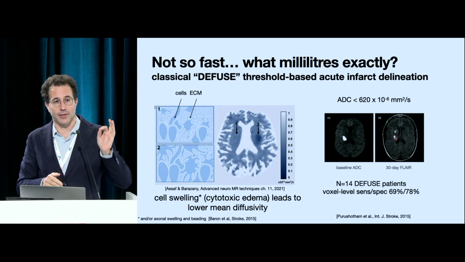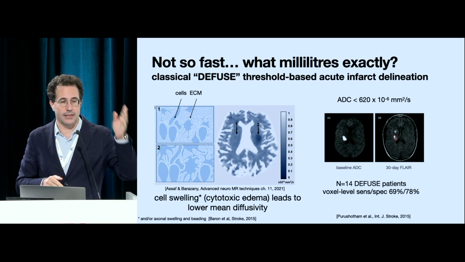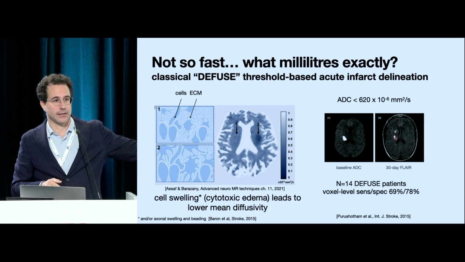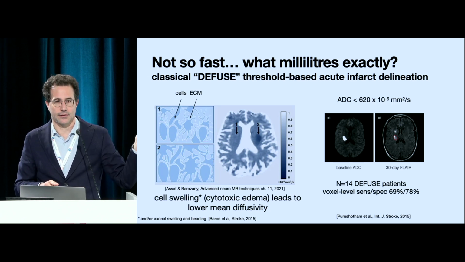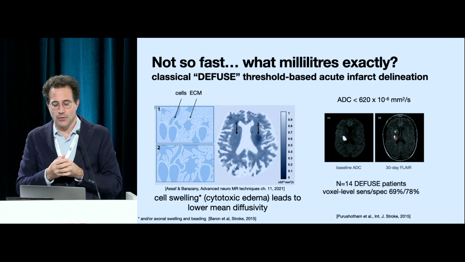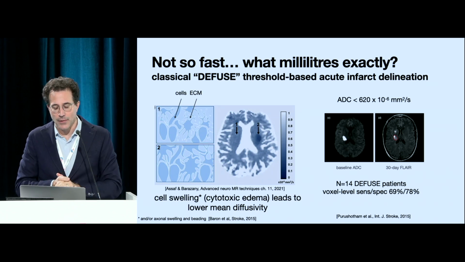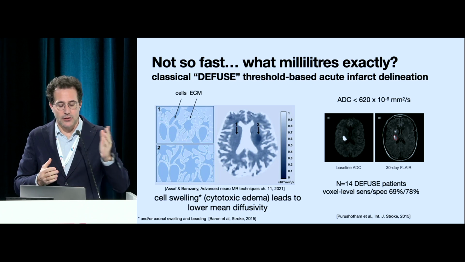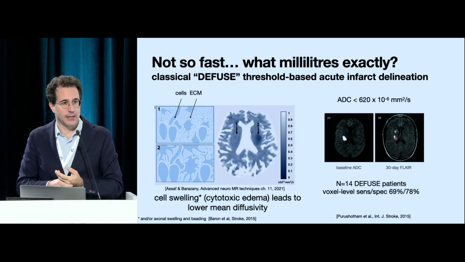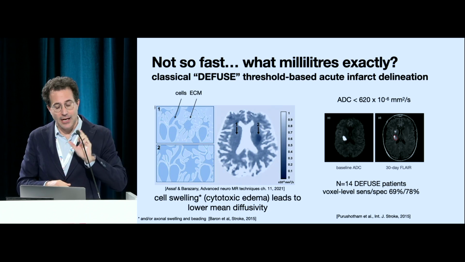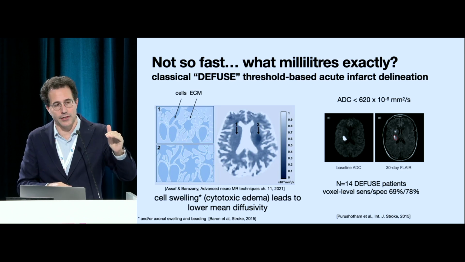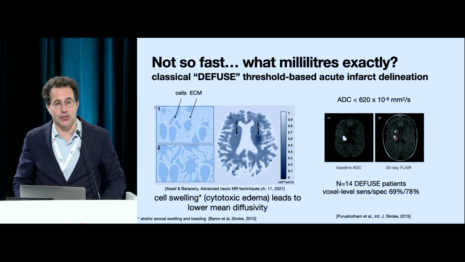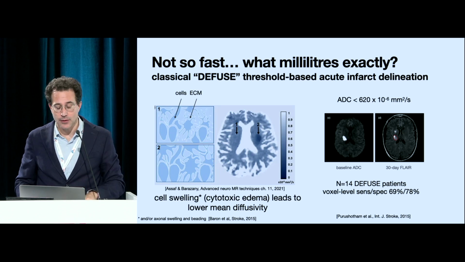So now the threshold that you see in many, many clinical studies is 620. But you see, I hope you're surprised, as I was, that it's 14 patients, right? And so really, is that what we should be doing? So here, Jean-Philippe talked about simulation, and that's exactly what we did. What we wanted to see is how this infarct core volume that is so critical to treating the patient, to orienting the patient, changes if you change the diffusion imaging protocol.